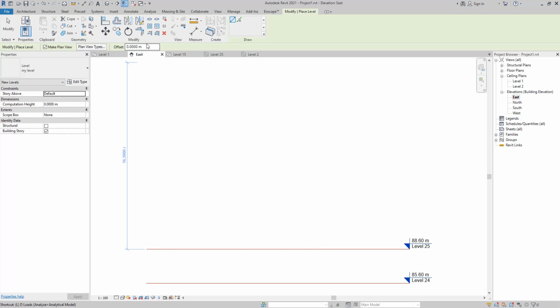We are going to delete anything which is in the offset, but first we click our pick line and delete everything in the offset box. Here we are going to use the mathematics option. First we need to add our equal symbol, and then we are going to click and choose